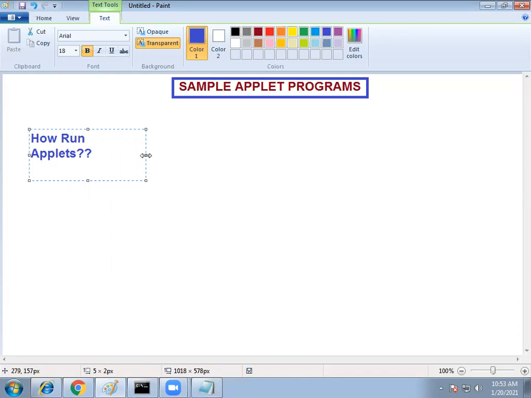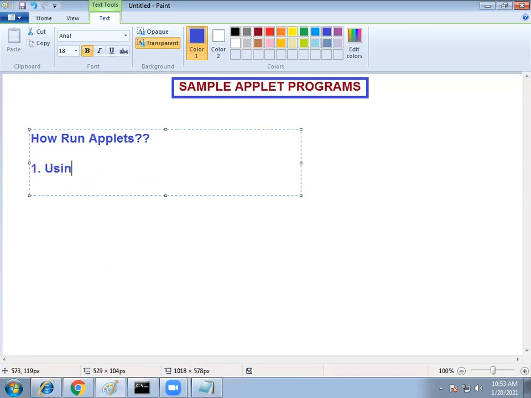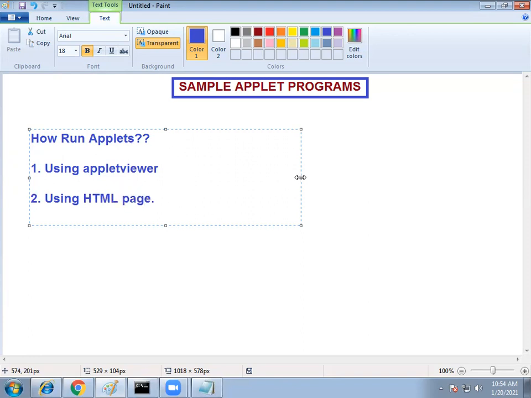One way is using applet viewer, and the second one is using an HTML page.